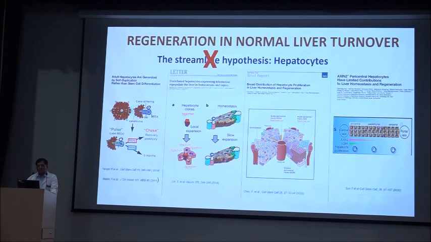But later, various studies came up with lineage tracing experiments, which disproved this hypothesis of a stem cell as the primary factor leading to the normal turnover of the liver. In normal homeostasis and injury, using lineage tracing of the stem cells as well as the biliary cells, they clearly proved that these are not participating in the normal turnover. Another study came in 2018,